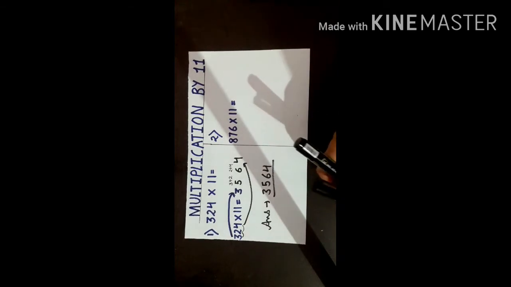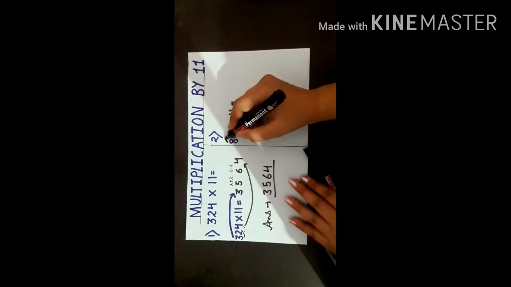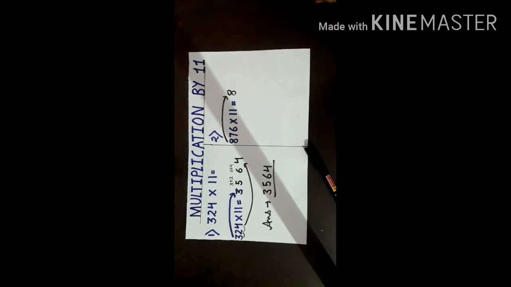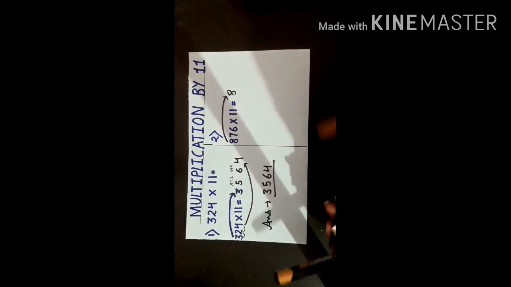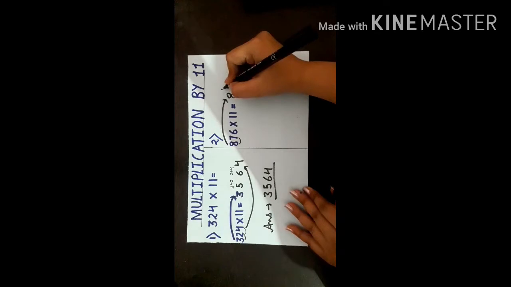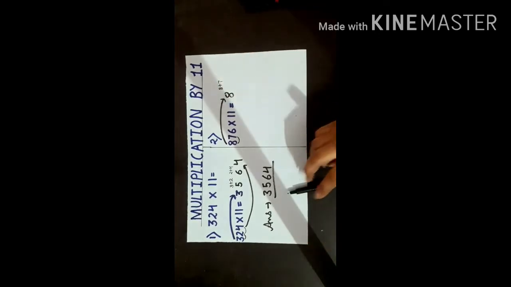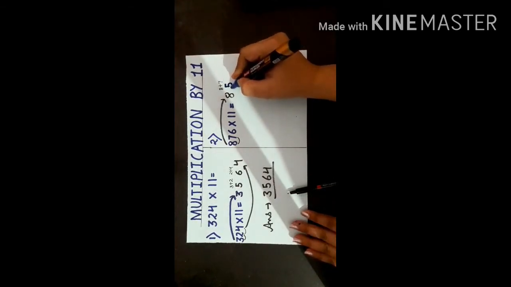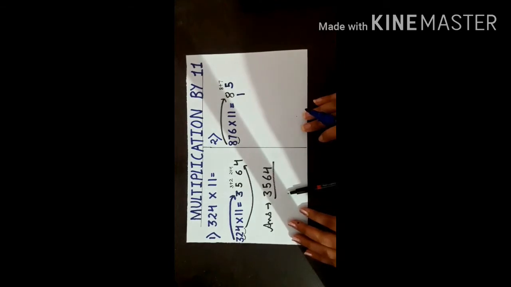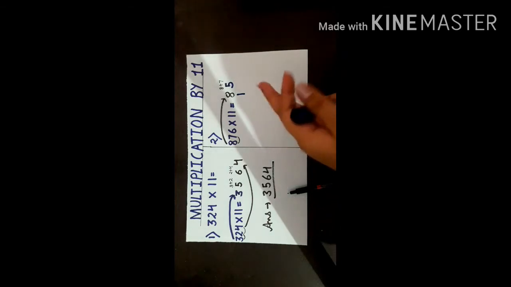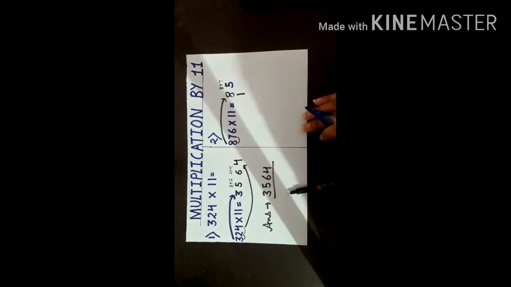Now we will take our next sum. As you already know, 8 will come here like this. Now, as you know, we have to add our two digits, 8 and 7. Now what is 8 and 7? 8 and 7 is 15. Now you have to write 5 and 1 will go carry to the left hand side. You always have to write the carry to the left hand side.